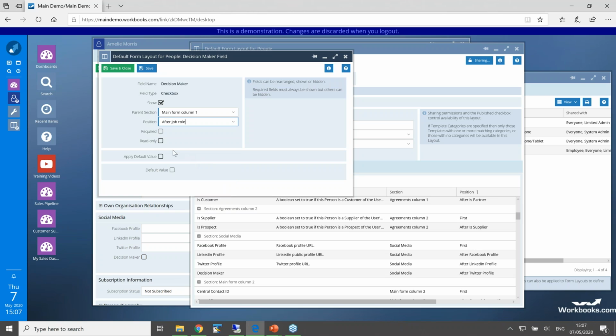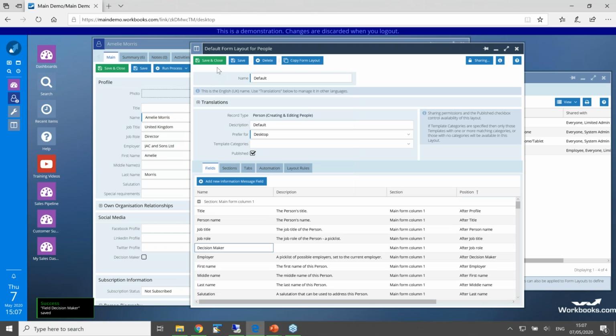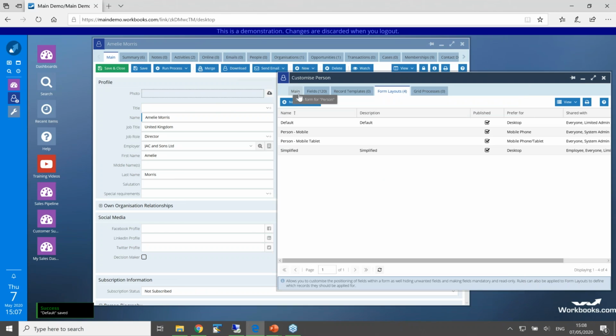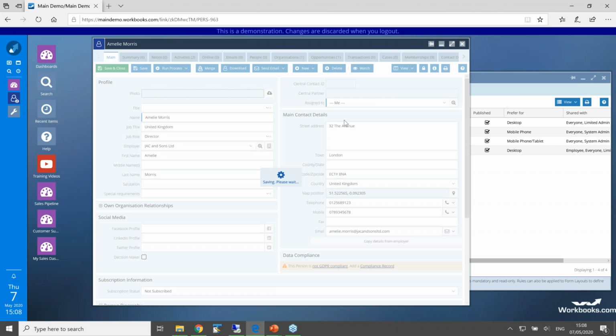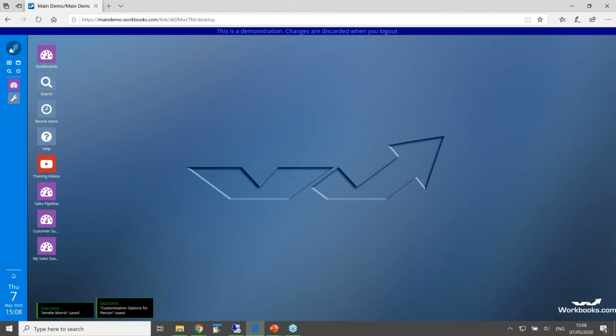So if I select that in here, incidentally, you can change it to required, so it's got a mandatory blue bar next to it, or read only, so people can only see it rather than edit it. But if I choose save and close, and I'm going to back all the way out here, saving and closing as I go, so save and close from the form layouts, and then save and close out of the area here, which is, let me just go to main, save and close. Great. So if we now open up the record,